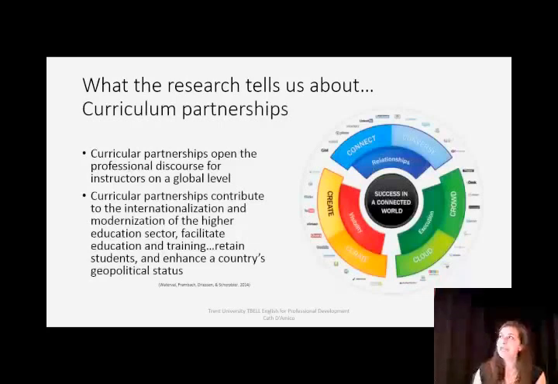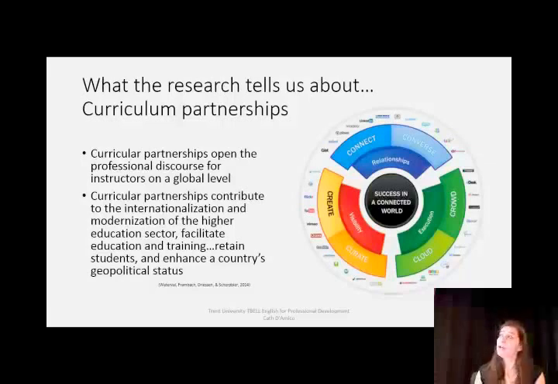This idea of curricular partnerships may not be something that you are particularly concerned about as a classroom instructor or as an EAP instructor teaching English for academic purposes of various contexts. But really we need to think about the larger impact that we have as language instructors.